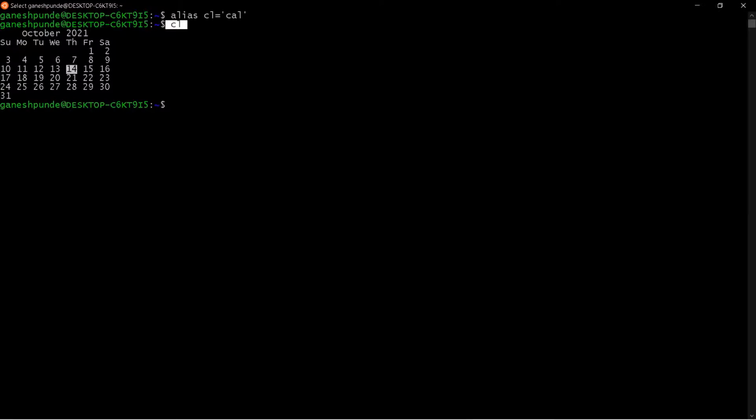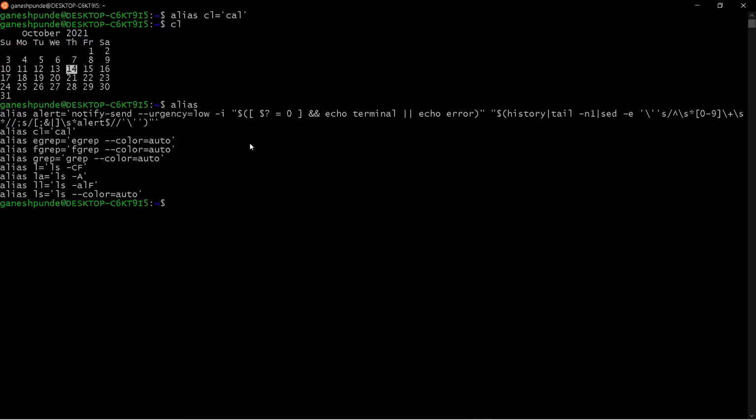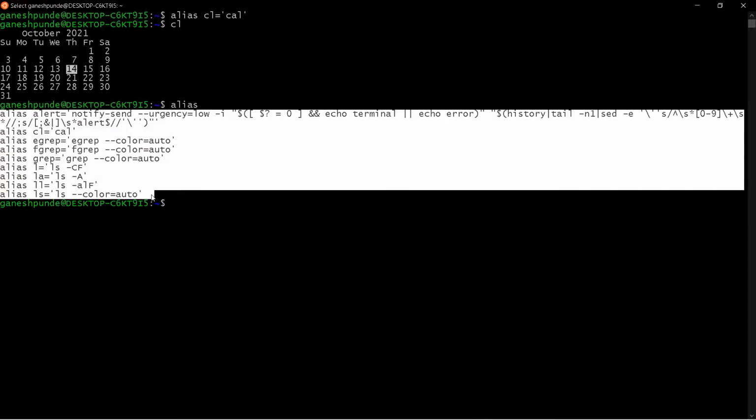So that's the reason its life is session specific, or terminal specific. Now if you want to list the aliases, what command did we see? We say just alias, and it will list the aliases. Now you can see how many aliases we created. It is showing all the aliases across this session.